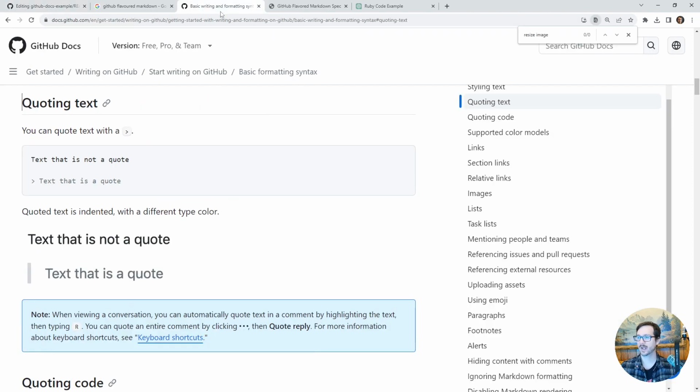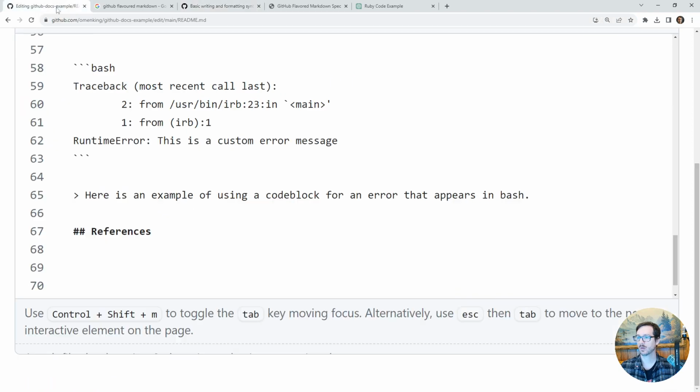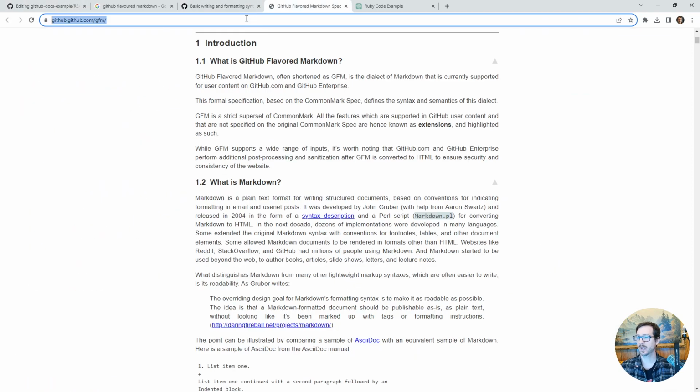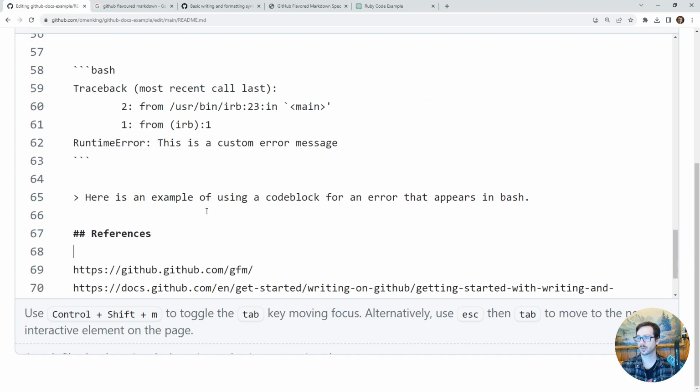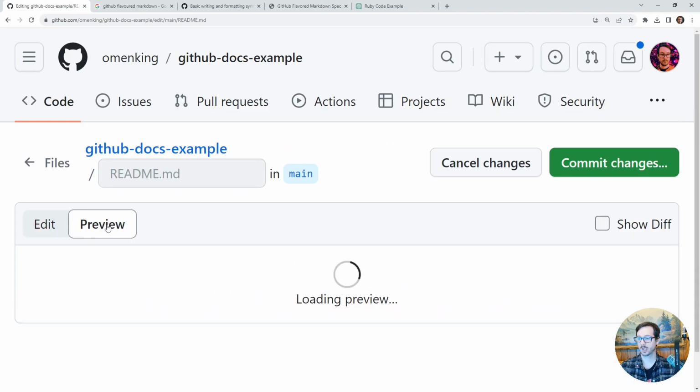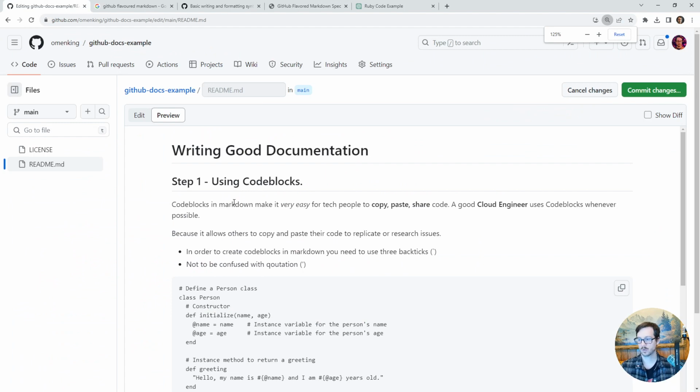And I'm going to go ahead and copy this one. Okay, so I'll hit enter, and we will scroll up, and we'll go to preview, and we'll scroll all the